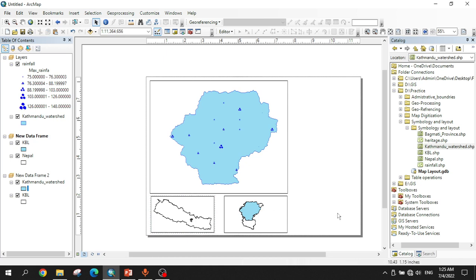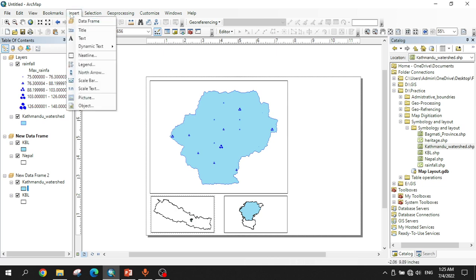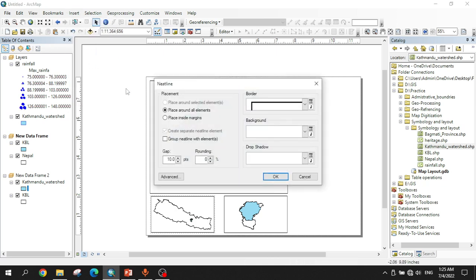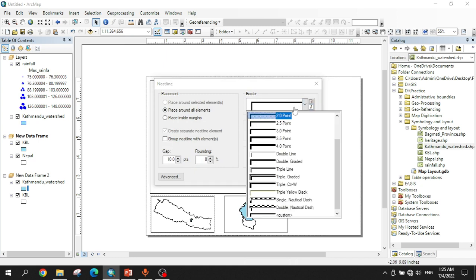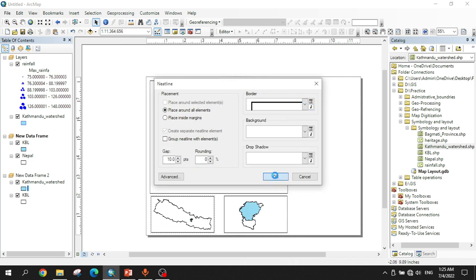Yeah, it is okay. Then you have to insert the boundary line. For inserting the boundary line, go to Insert, then Neatline. From this Neatline, from the border, select 2.0 point, then OK,